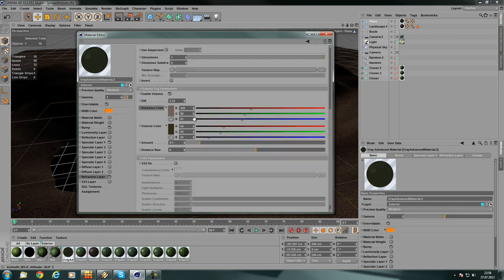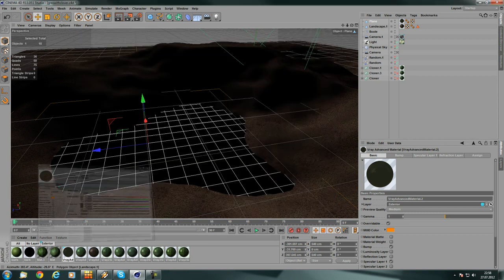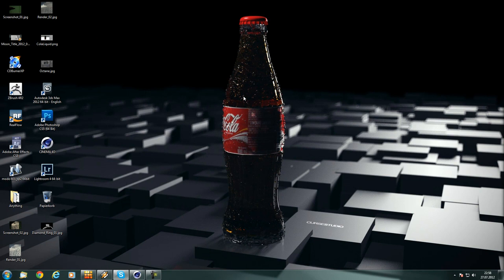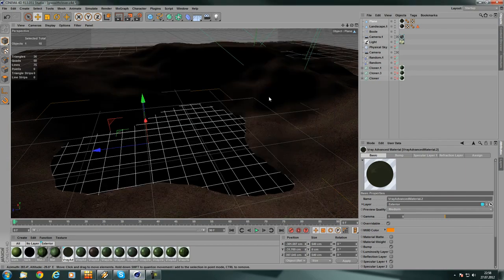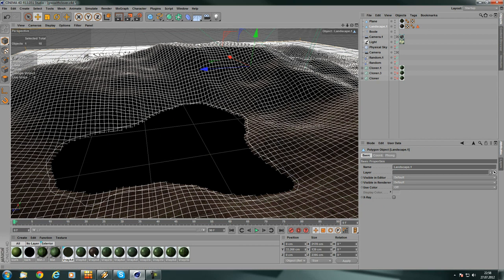A lot of funny stuff you can do with this reflection layer and with this volume. I also created this Coca-Cola bottle with this volume enabled, and yeah, it was really fun to play around with this stuff. Okay, this is the water material. For the landscape I took a simple